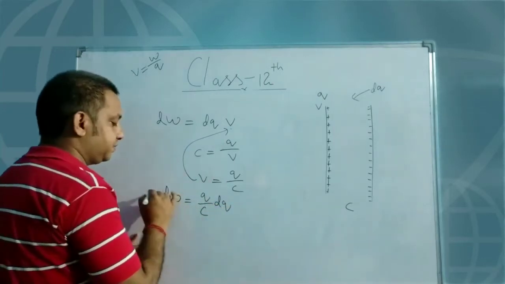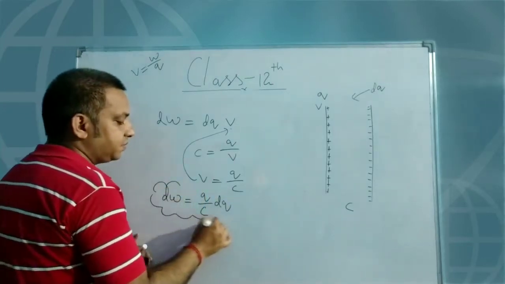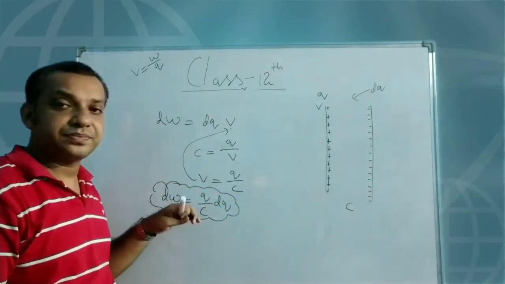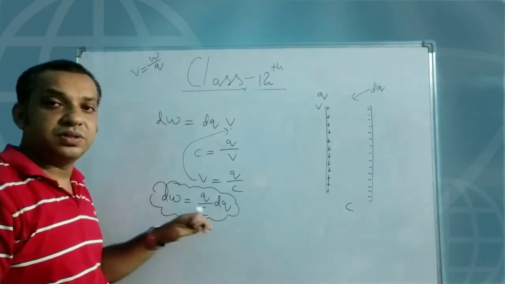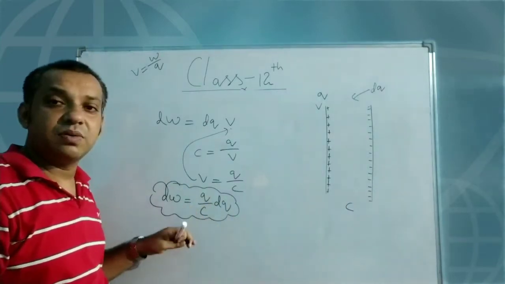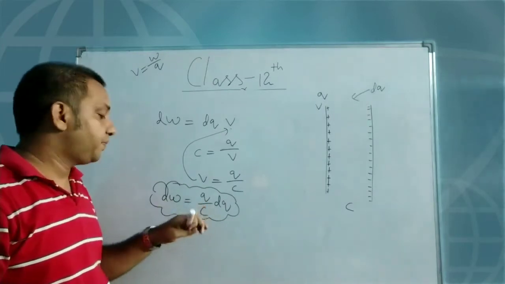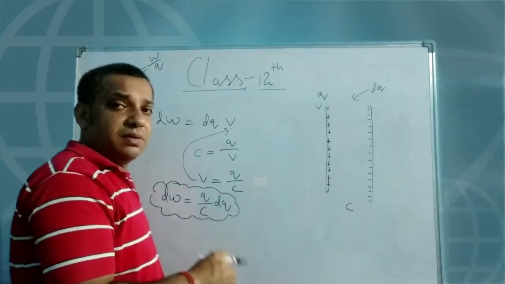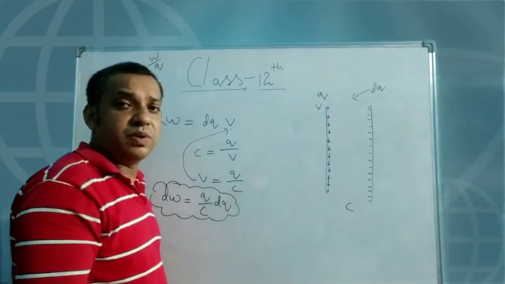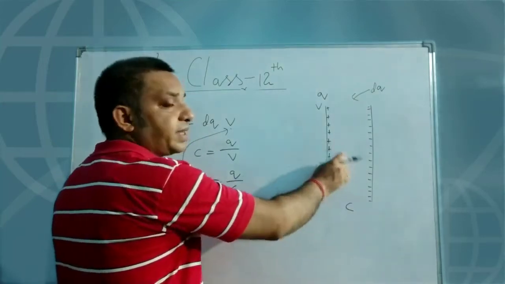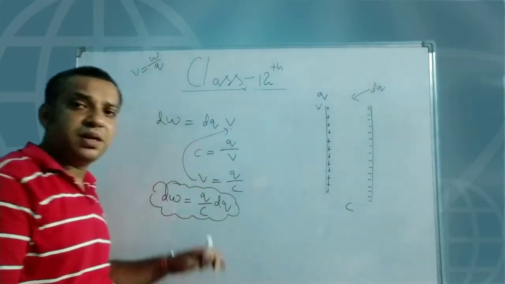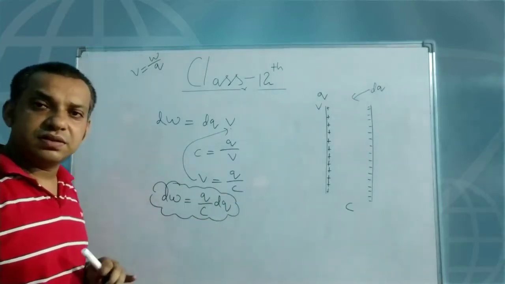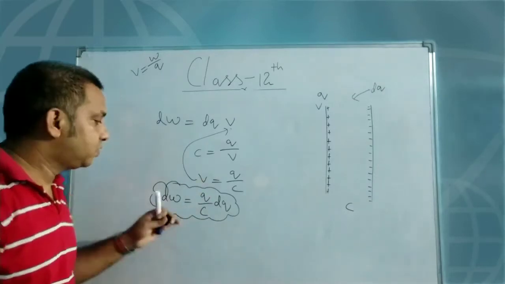Just see this relation. This is the relation between the charge, the capacitance and the work done. All the parameters are now connected: work done, charge, capacitance, and this differential amount of charge. What is our aim? Our aim is to find the total work done when you are charging this capacitor from 0 to Q. So in this relation, just integrate this function from the lower limit to the upper limit. So what will you get for the function?